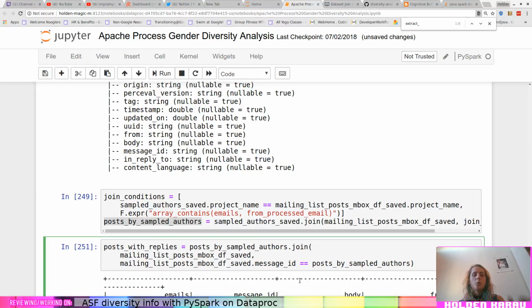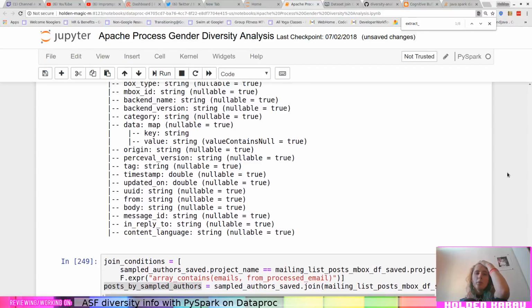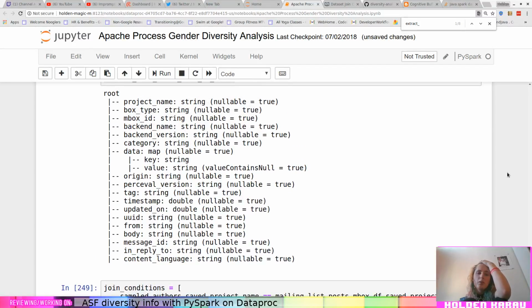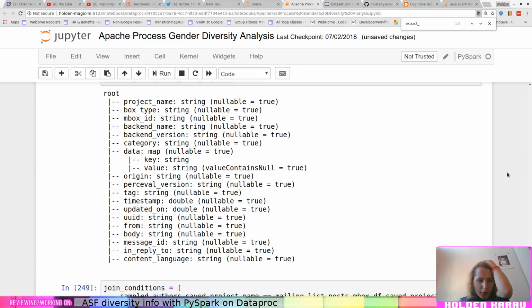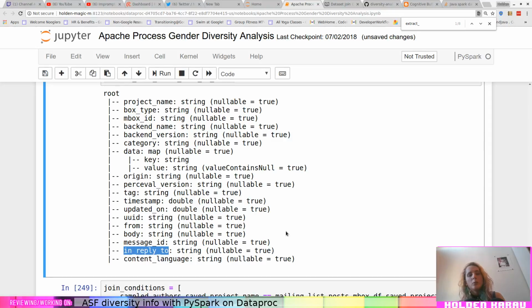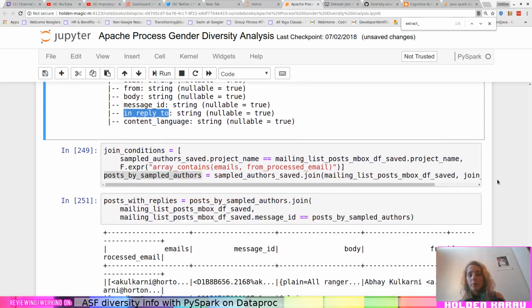We're gonna give this a different name, are we? Self-joins are a little weird and we can quickly do bad things with them, so I'm gonna think about it for a few minutes. Got a message ID. Wait, why is the message ID not? Okay, it is. In reply to. There we go. Message ID should not be null, although everything's just nullable in here. We'll deal with that later.